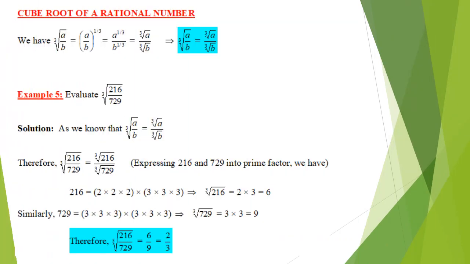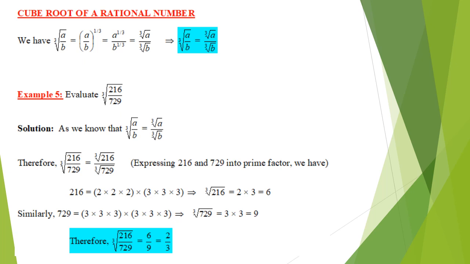Now the next property is cube root of a rational number. As we have done the cube root of a product, now we have to find out the cube root of rational numbers. Both the properties are similar. If a rational number is given to you and you have to find out its cube root, we have to first convert the cube root into power 1 by 3. And then this power will be written with the numerator and with the denominator separately. So it's written as A to the power 1 by 3 divided by B to the power 1 by 3. And again we'll convert it into their cube root form.